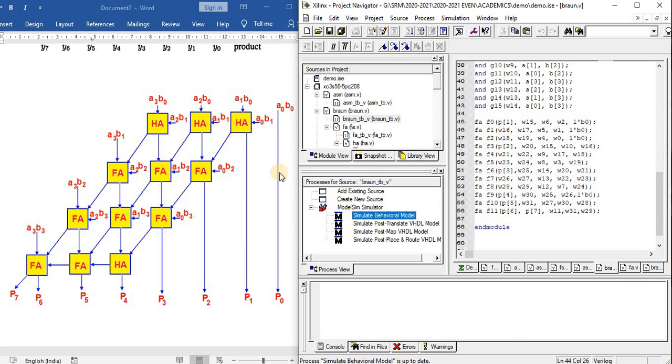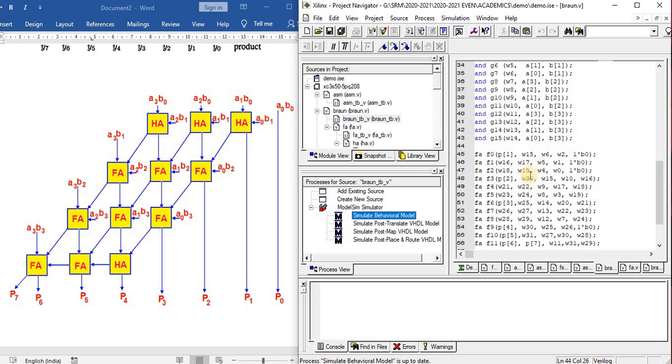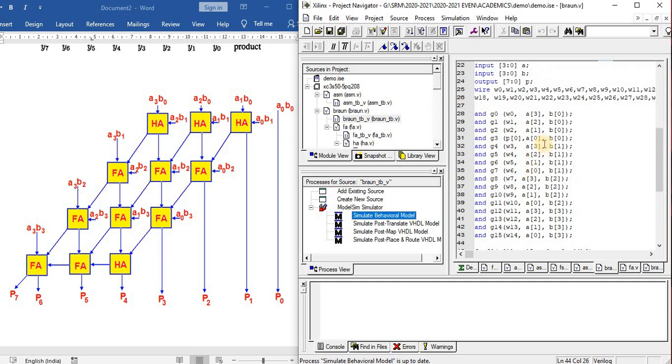The full adder is used to add up all the partial products. To get P of 1, the inputs are going to be A0 B1 and A1 B0. W6 is the wire for A0 B1, and W2 for A1 B0.